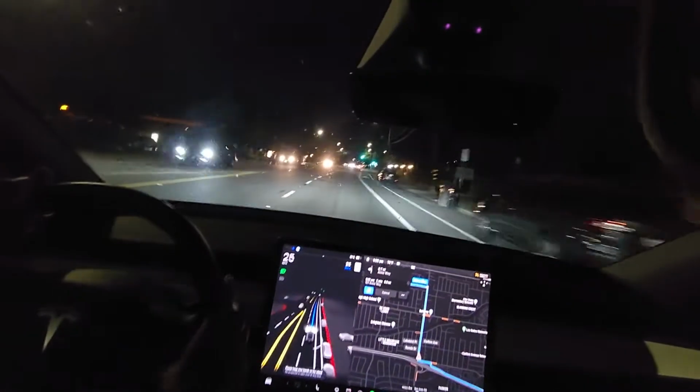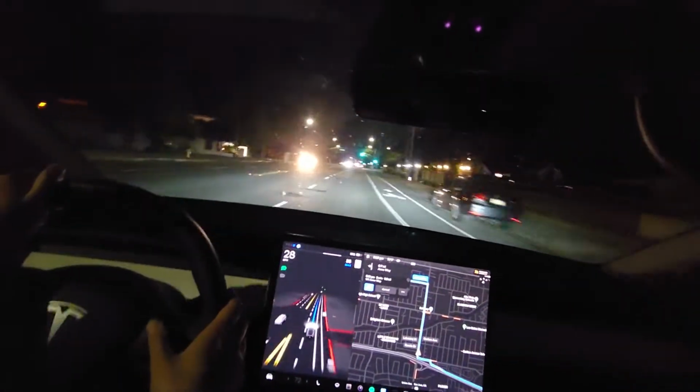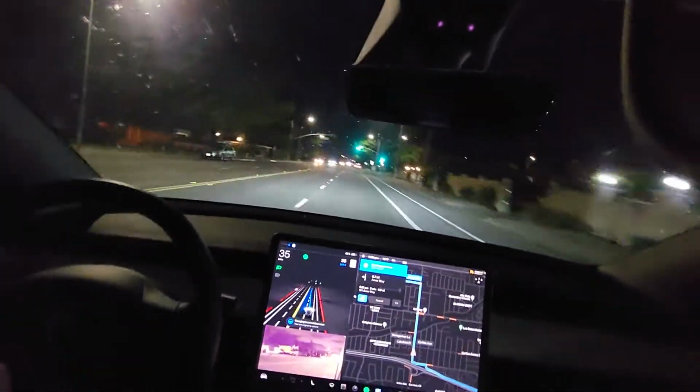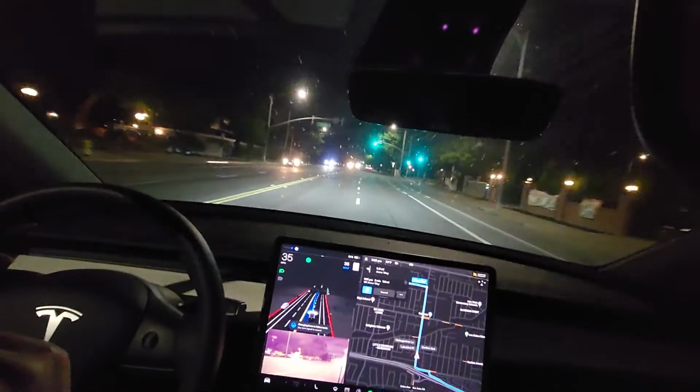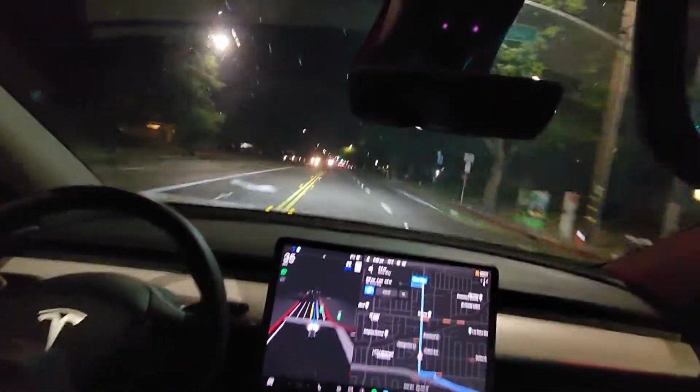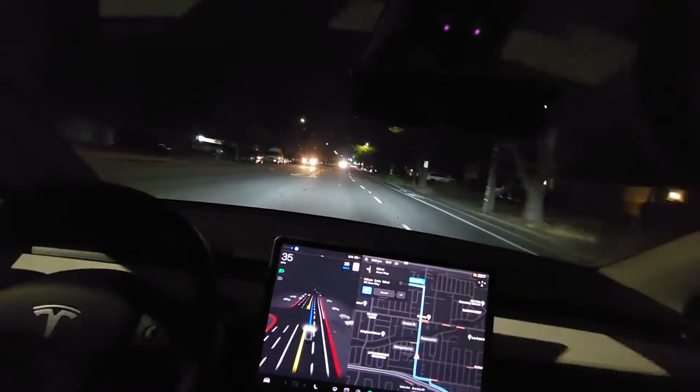If you're using the full self-driving beta, you don't want to be in that let's-see-what-it-does kind of thought process. Okay, that's not how you want to let the car drive. And yeah, so